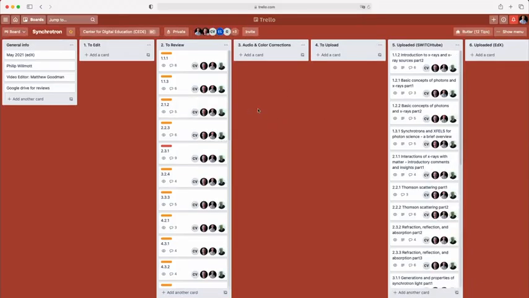Right. So here we can see that the professor for this course has already recorded quite a number of videos. Each of these columns represents a different stage at which the video is at. So we've got the to edit column. So when we record a new video and it gets backed up onto the servers, then we create a video card on the board for the relevant